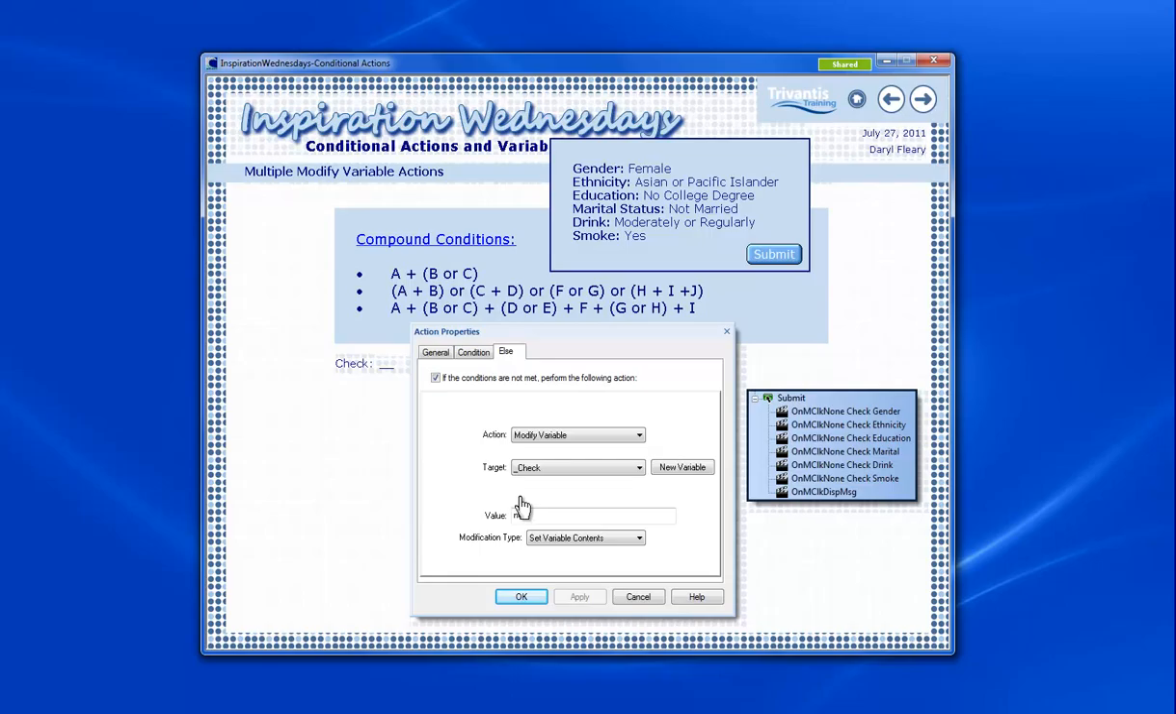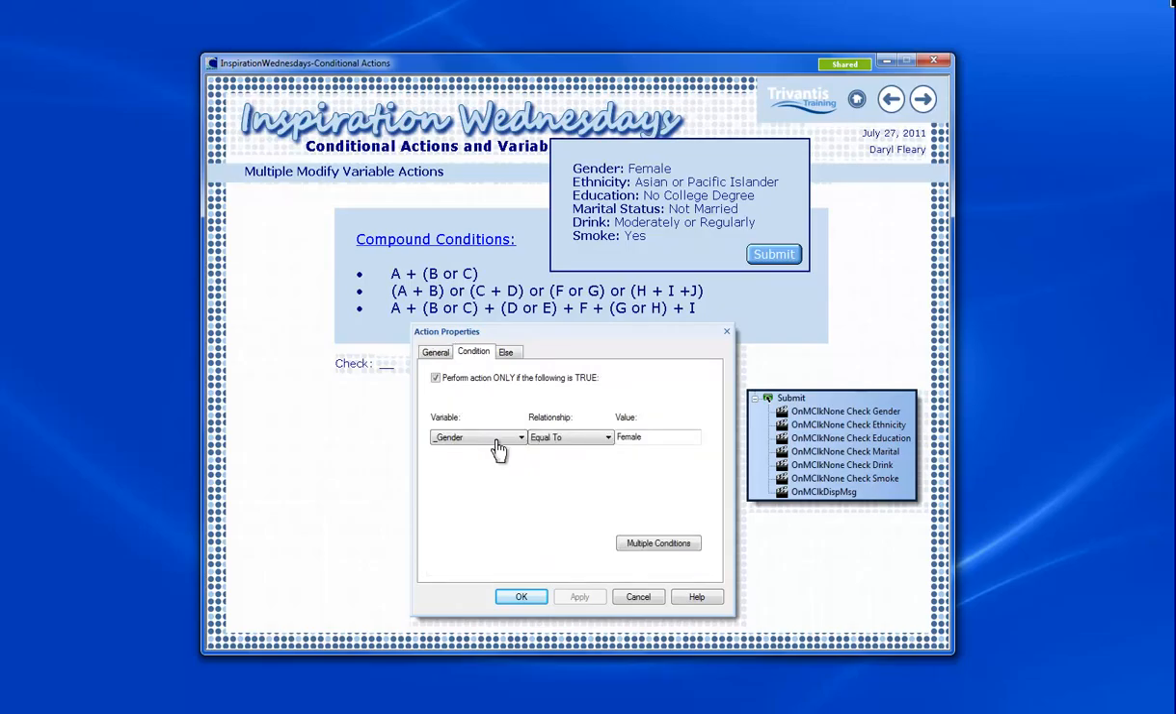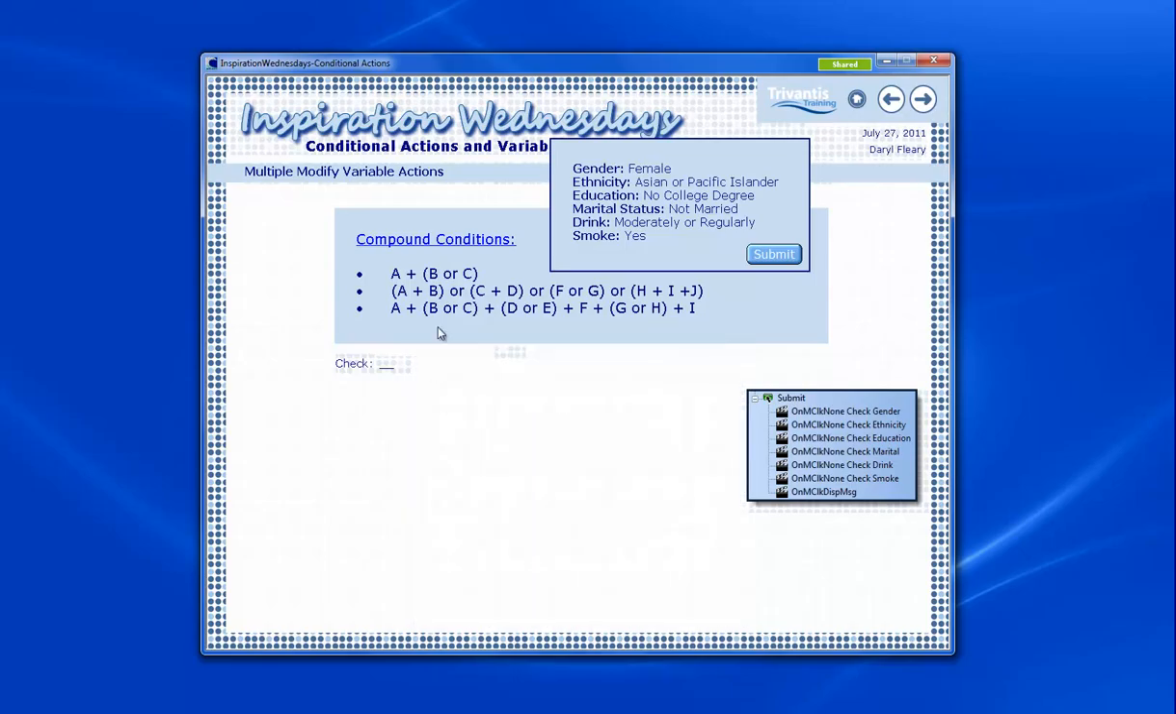So what I'm doing here, I'm going to check all my combinations. If at any time one of those combinations is not satisfied, I change the value of the variable to no. So again, do nothing if they select female. Otherwise, set my variable to a value of no. Then I go on and check the next thing,